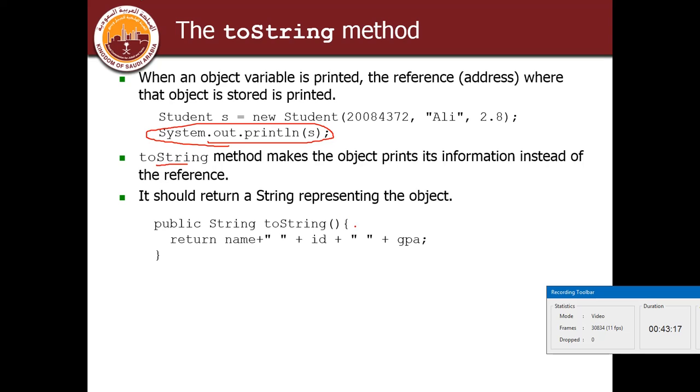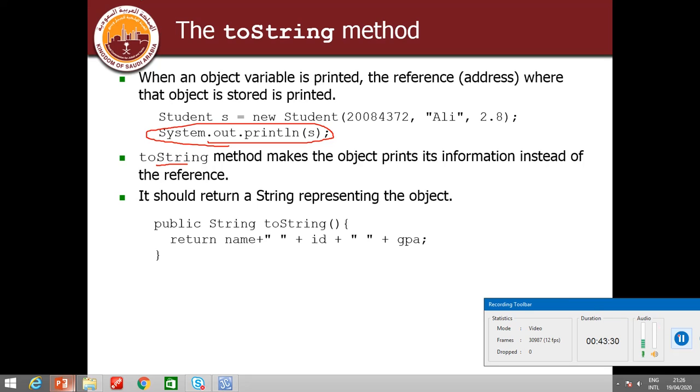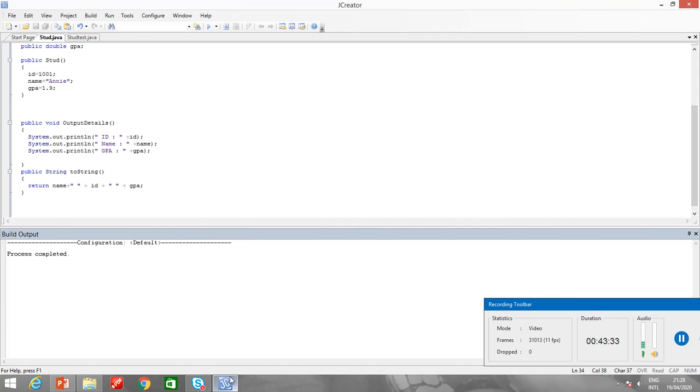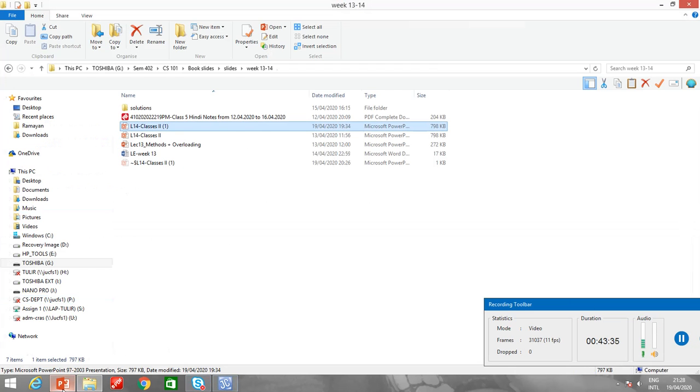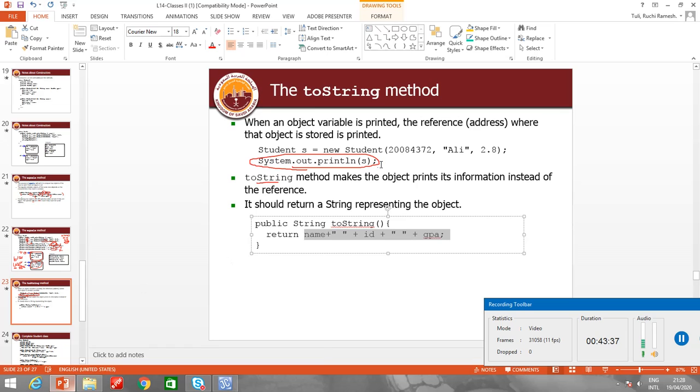If I have to use this kind of statement, I use the public String toString method. In this case, it will return the values of the variables. If you recall, when I printed S over here, it printed the address of the memory location.